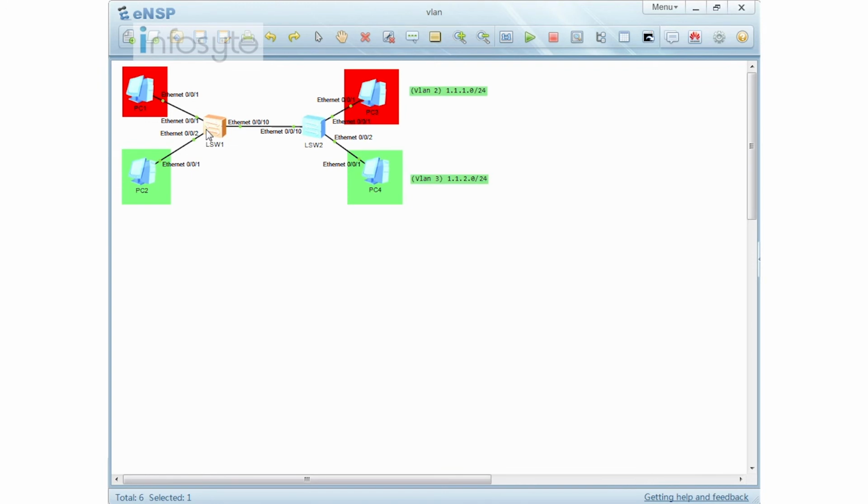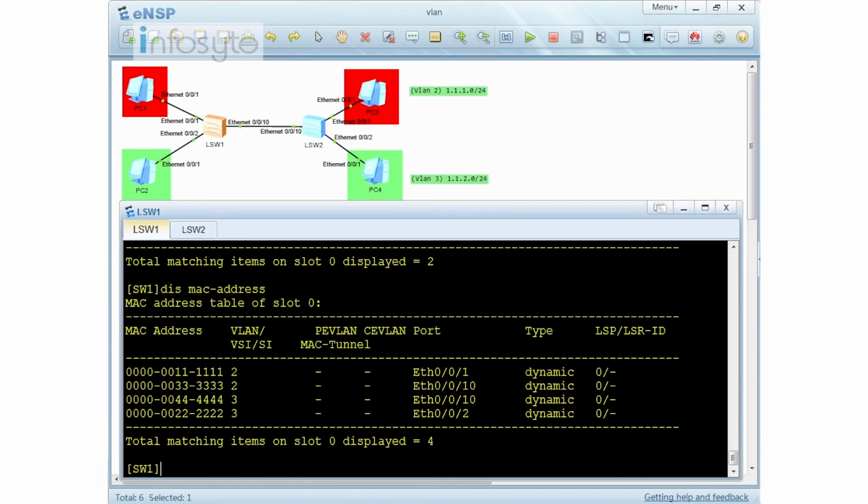Alright, so let's go back and do a checking. You can see that there's a correct one here. This is PC2, which is 2.2.2.2, that belongs to VLAN 3. So what we have here is the MAC address based VLAN assignment. Remember that we have to configure the port hybrid, and inside the interface we have to enable MAC VLAN